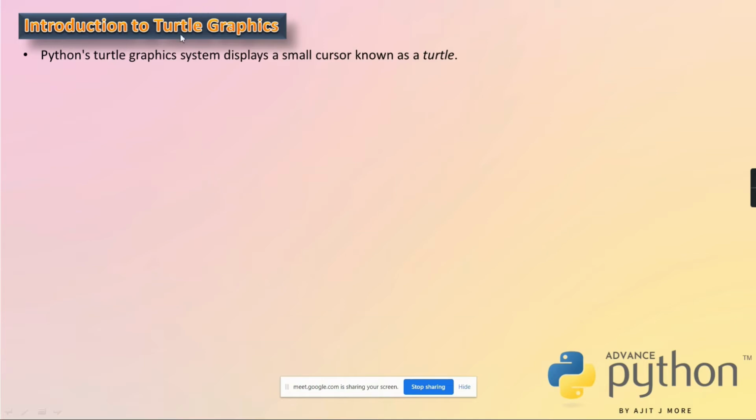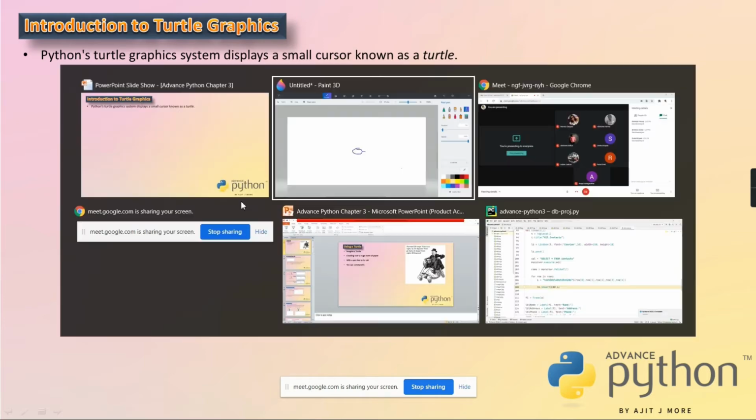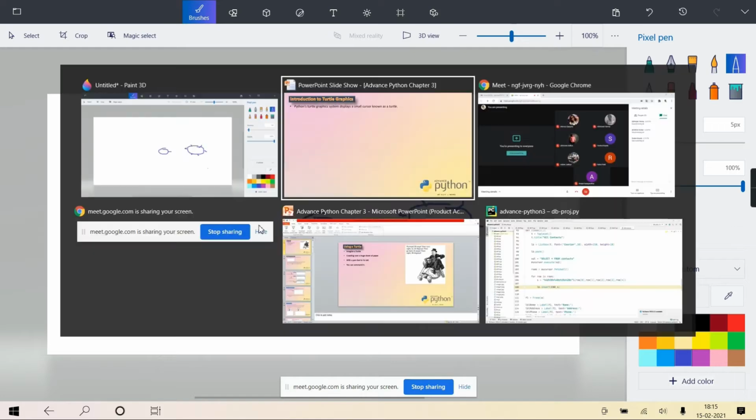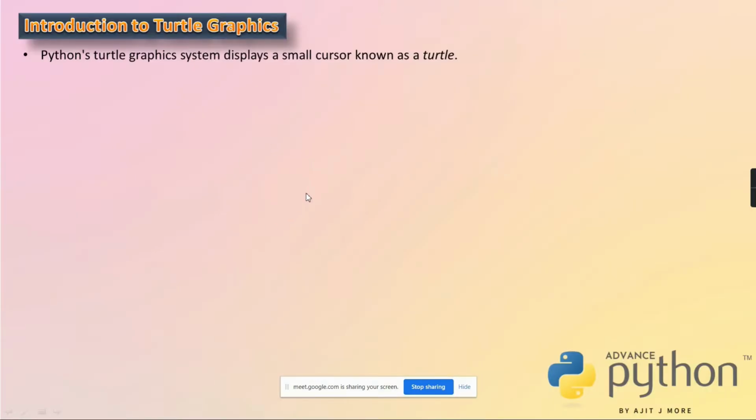When you are using this turtle graphics system, in your window, exactly at the center, one turtle will be seen. And now you are going to command that turtle. A small picture of a turtle, with a nose on this side, then some legs and a tail, a very small image will be there, and then you will command it.